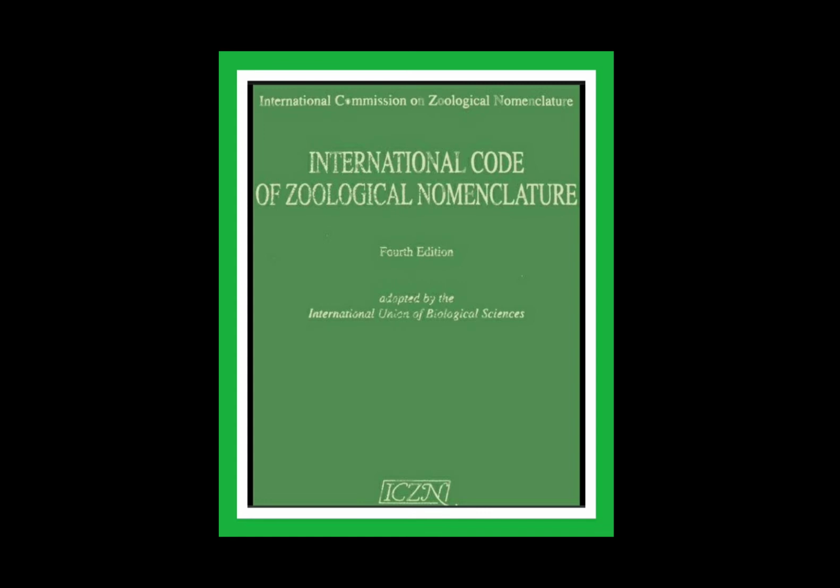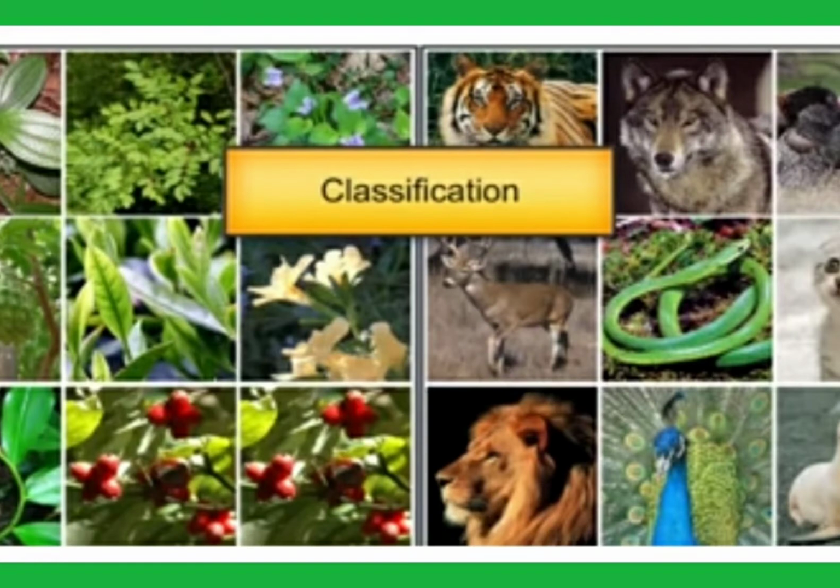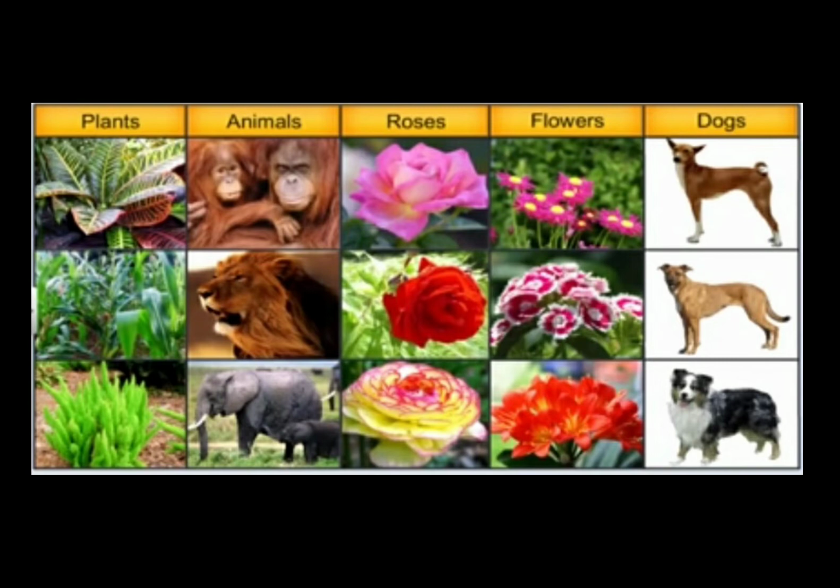The process of grouping organisms into convenient categories is called classification. Classification is done on the basis of easily observable characters. Like plants, animals, flowers, dogs are different groups. Now if I tell it is green and it is photosynthetic, obviously we are thinking about a plant. If I tell it is colorful, it's attractive, it is a sexual part of a plant, then obviously we are talking about a flower. If I tell it's an animal which barks, which takes care, protection, that means we are talking about a dog.